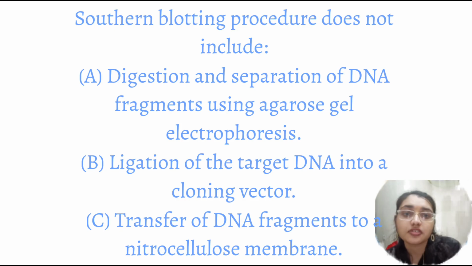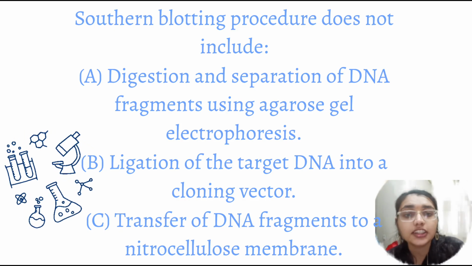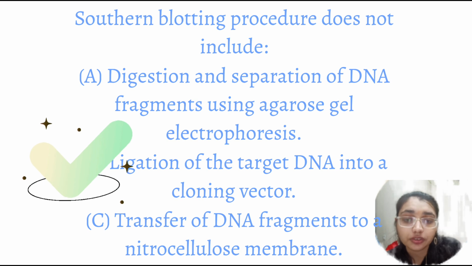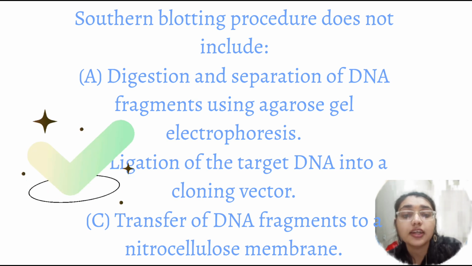Southern blotting process does not include what? Digestion and separation of DNA fragments using agarose gel electrophoresis, ligation of the targeted DNA into the cloning vector, transfer of DNA fragments to the nitrocellulose membrane, and hybridization of the membrane with the labelled probe. So here ligation of the targeted DNA into the cloning vector is the correct answer, that is not